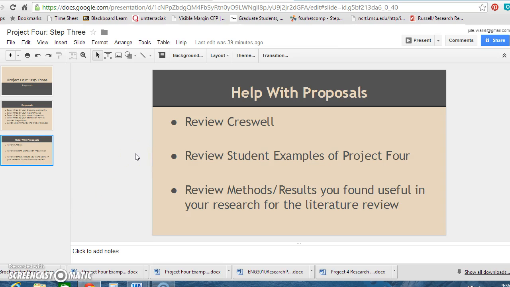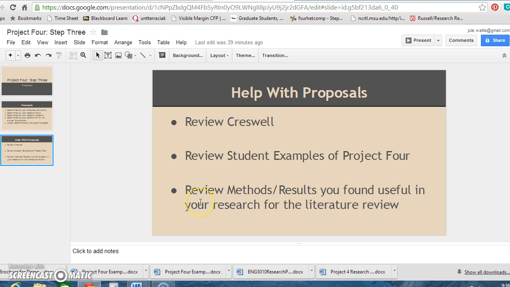You'll see then that there are 2 examples under the Blackboard folder of students' papers. Again, with this you should include your introduction, your literature review, and your proposal section with a discussion section. That means once you've proposed something and shown us how this proposed method would be enacted, what would be the hypothetical outcome of enacting this type of method for answering this particular question that you've posed in your literature review.